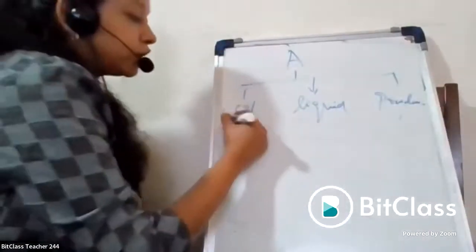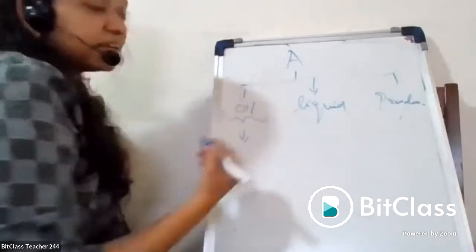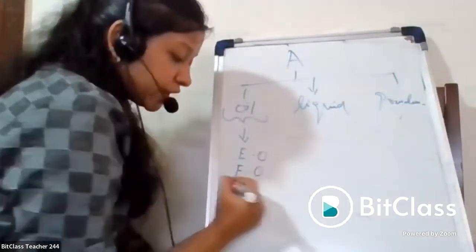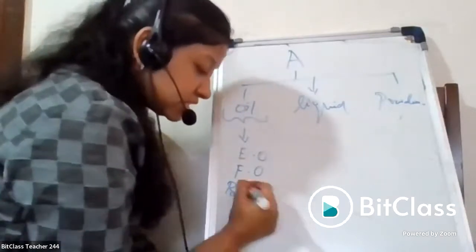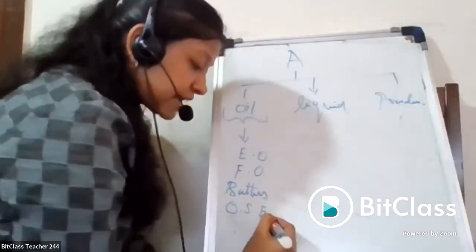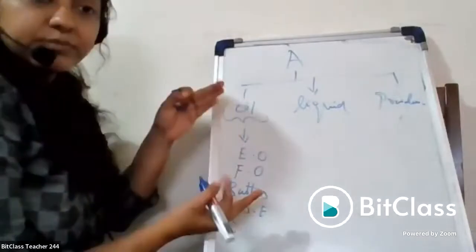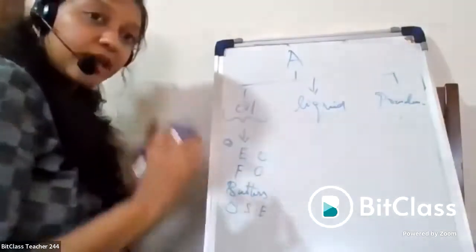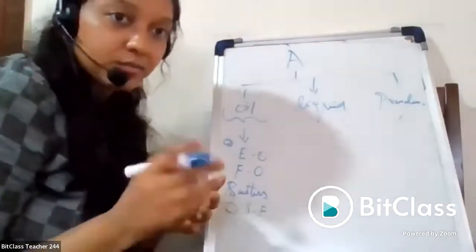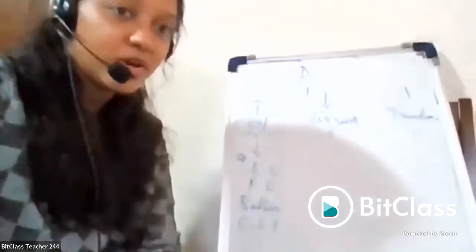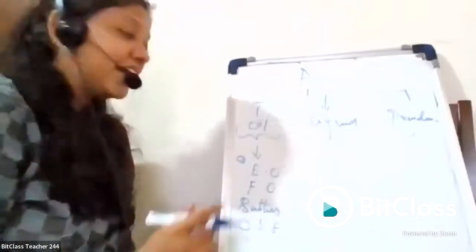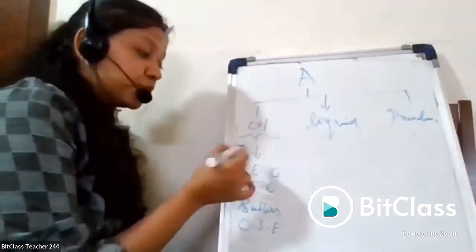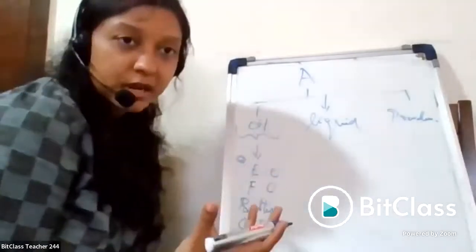Now, what are the oils that can be added? First, essential oil and fragrance oil. You can also add butters, skin safe butters, or oil soluble extracts that are available to be added into your melt and pour soap. Essential oil generally will give smell. It is like essence to a cake, but do not add essence here, that is only for cake. I'm just giving you an example. Essential oil is essence to the skin. That will have both the benefits of turmeric and also the smell of turmeric.